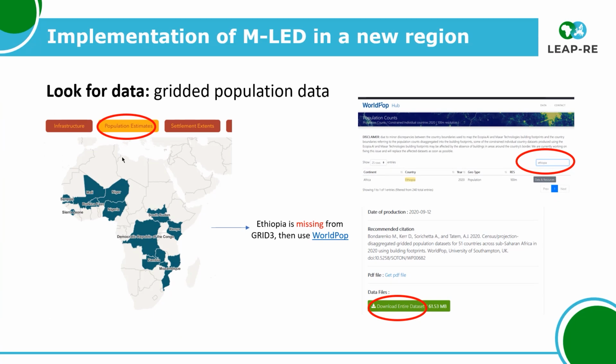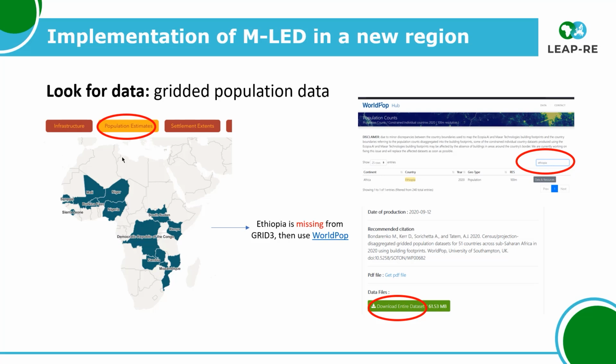So beyond the population clusters, we also need gridded population data. But for the grid-free, for instance, not all countries are covered, and Ethiopia is a case where it's not covered. So in this case, you need to recur to alternative sources. Also here, gridded population data is widely available across the world for many countries, from many providers of data. We provide here the